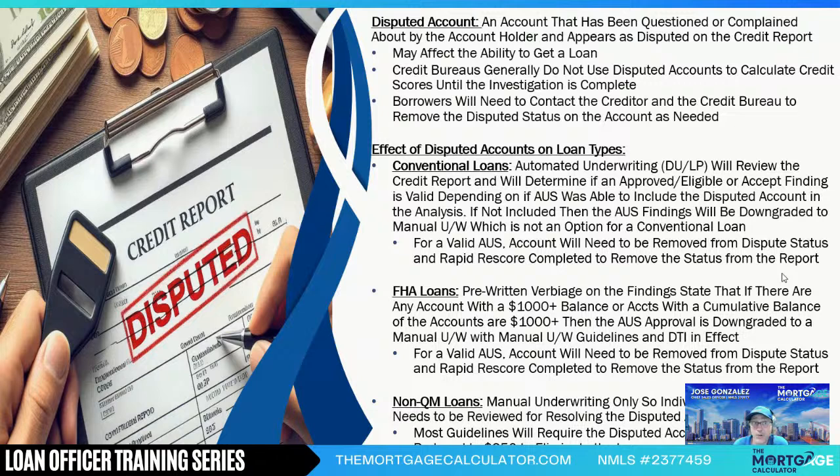So remember, on the conventional loan, you need to get a rapid rescore to take the disputed account off of there. Because in the FHA loans, it's going to be balance based. So if you reduce the cumulative balance on the disputed accounts below $1,000, you should be okay. And in non-QM, you have to look at the guidelines, see what they state, and it's usually going to require reducing the balance of the disputed account below a certain amount in order to be able to proceed with the loan. So that's today's guidance on disputed accounts, and I'm going to give it a moment here to see if